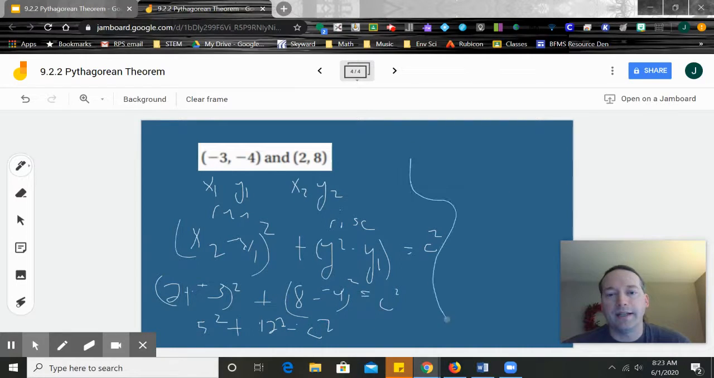So let me just draw a line so we can come up here. 5 squared is 25. 12 squared is gross, 144. That equals c squared. So 25 and 144 is going to be 169 equals c squared. So you take the square root of both sides. Square root of 169 is